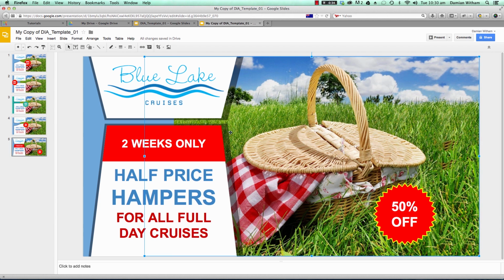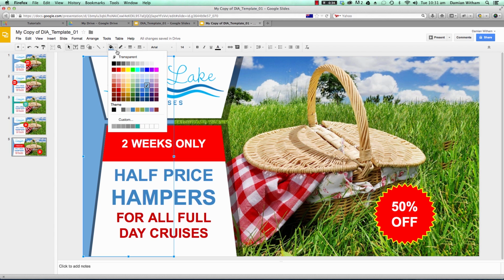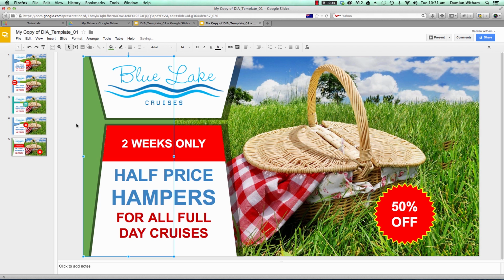So you might find that this colour here would be better being a nice green. Just select the shape, look for the paint bucket icon, and choose a green that matches the grass. Maybe a bit lighter. There we go. So that kind of matches the grass a bit better. 50% is probably a bit too much. So maybe you want to just offer 10% off. So it's not actually half price at all,